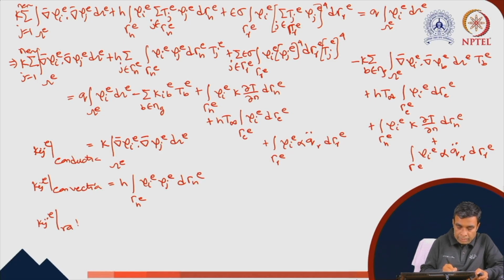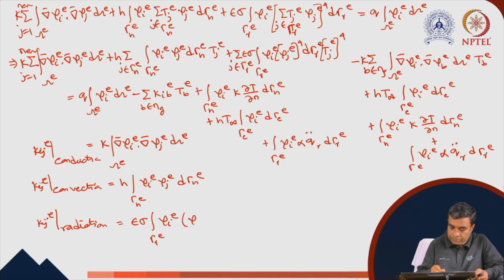K radiation equals epsilon sigma into integration over Γ radiation e, ψ_i^e ψ_j^e T to the power 4 dΓ_r^e. And then the right hand side load vector, this is coming as